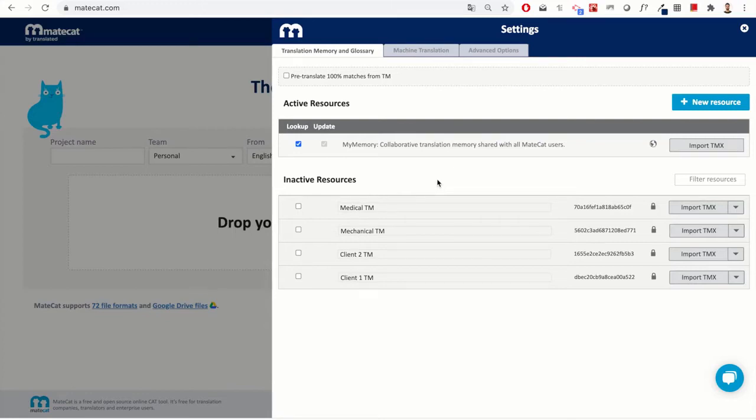Now before we talk more in depth about this part, we first need to explain how the translation memories and glossaries work in MateCat. First of all, a translation memory is basically a repository of all your previous translations that MateCat is going to automatically check and propose to you when you upload a new project to MateCat. Essentially, what does this mean? It means that if I have translated The House is Red a year ago, I will not need to remember it on my own. There will be MateCat that is going to suggest me that I already have a translation